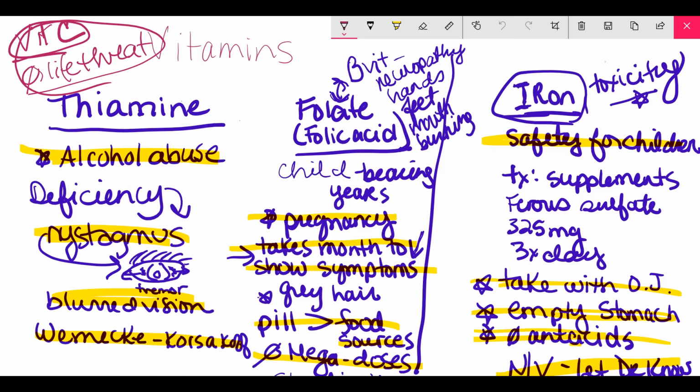So we'll start with these three vitamins. There's thiamine, folate, and iron. The things that are highlighted are things that you really should understand and know. So let's start with thiamine first. Thiamine deficiency we'll see in alcohol abuse quite a bit. So that's when you see people with IV bags with the yellow in it. That's like your B vitamins and all these other vitamins that they need because they are deficient in it